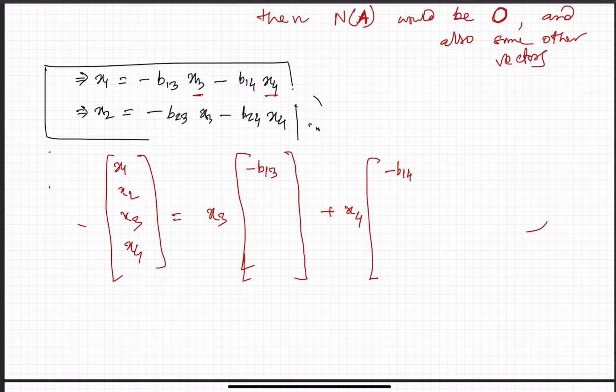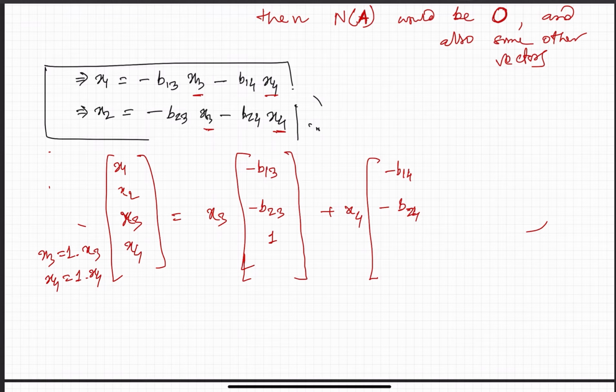Similarly for x2, the coefficients of x3 and x4 are minus b2 3 and minus b2 4. And for x3, the coefficient will be 1, that is x3 is equal to 1 times x3,